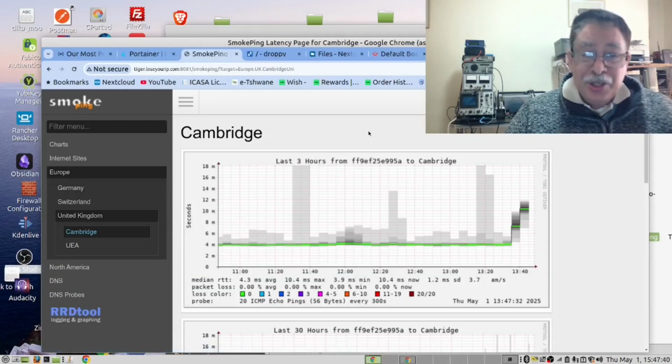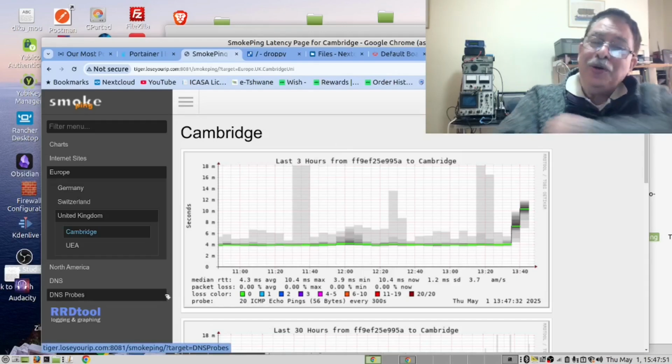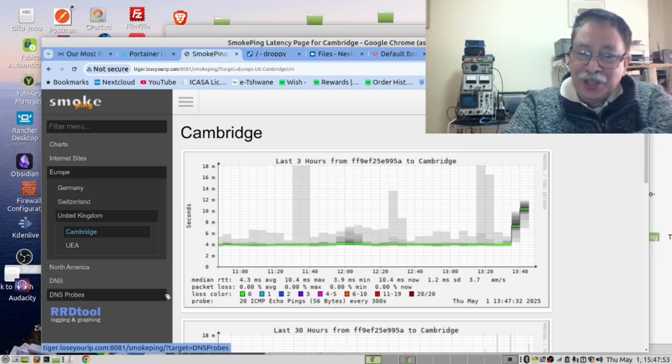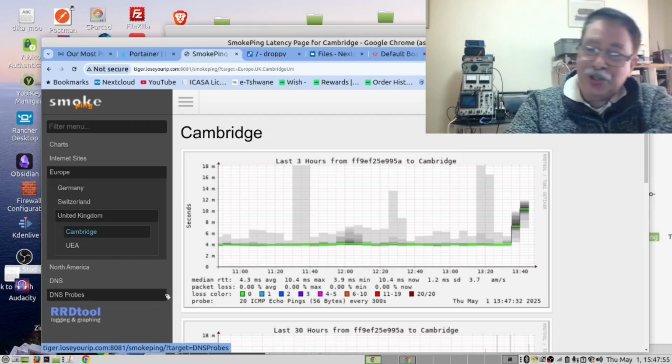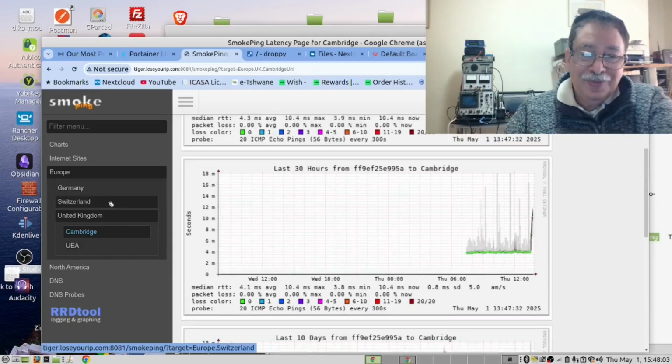The next app that we recommend is SmokePing. You need to know how good your internet connection is across the channel. In other words, from America to Europe or from Europe to America.